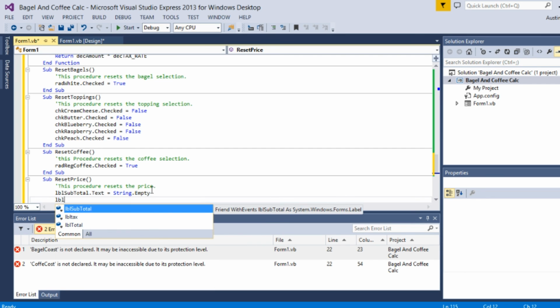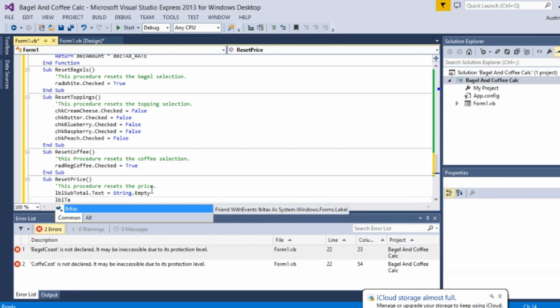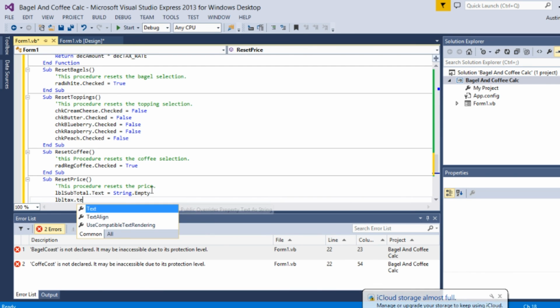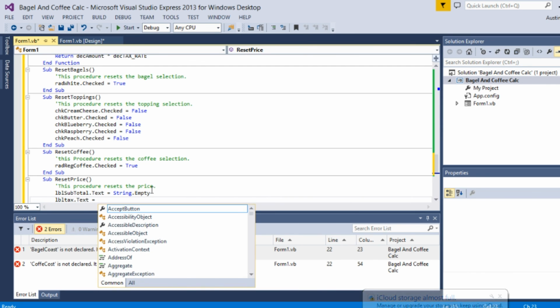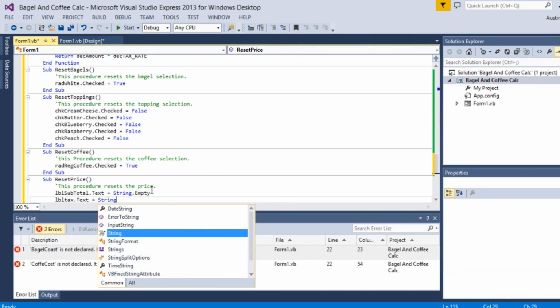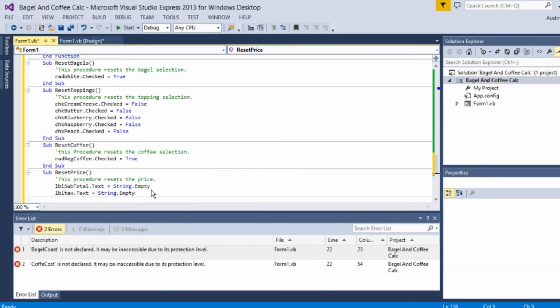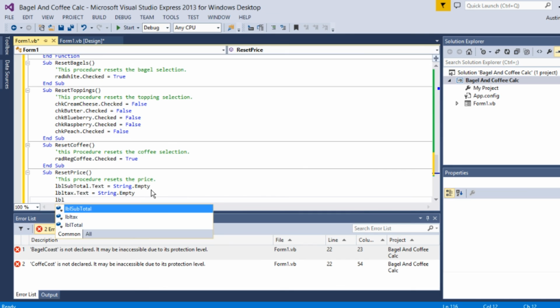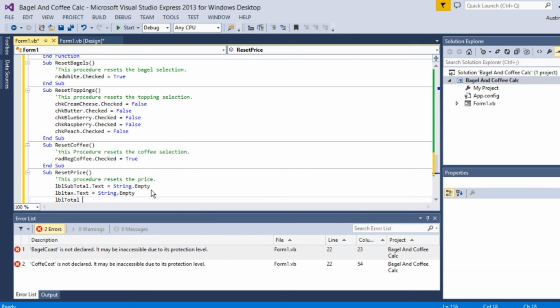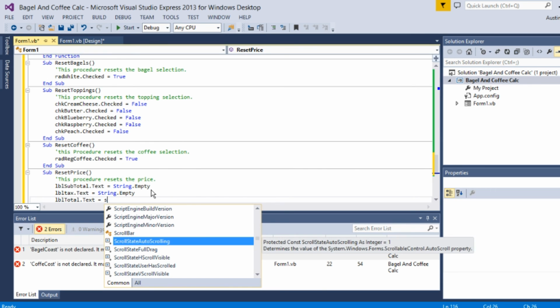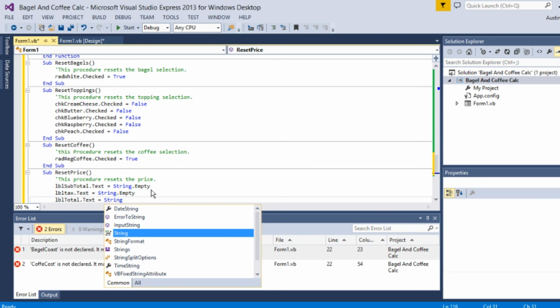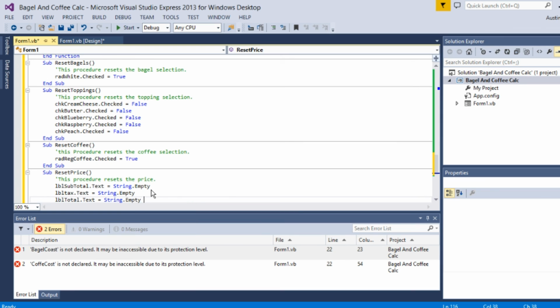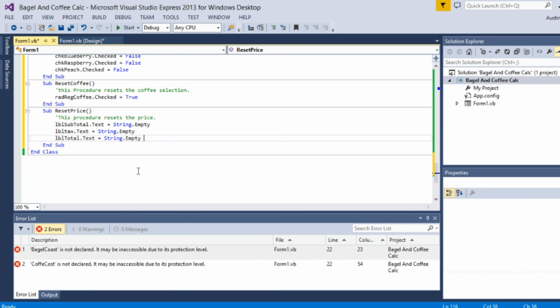LBL tax text equals string dot empty. And last one, LBL total dot text equals string dot empty. Then end this sub,